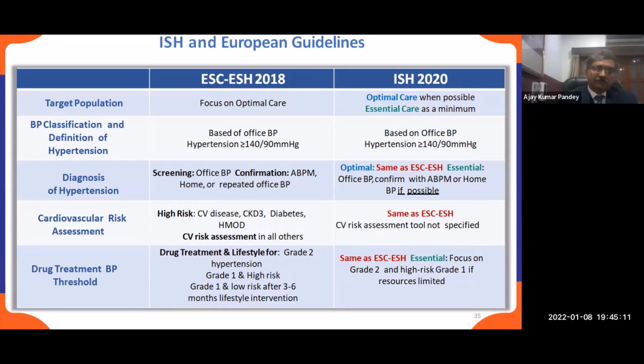Like suppose there is no compelling indication to start drug treatment, like the patient is not having plenty of risk factors like diabetes and dyslipidemia and peripheral vascular disease or smoking and all those things, then we can wait. We can wait for stage 1 hypertension and low-risk population, or even stage 1 hypertension with high-risk population. But usually what European Society says is that we can start with a dual combination therapy, because most of the patients of stage 1 hypertension with high-risk population will be benefited by ACE inhibitor or ARBs with